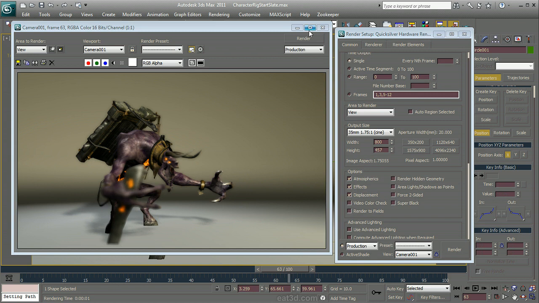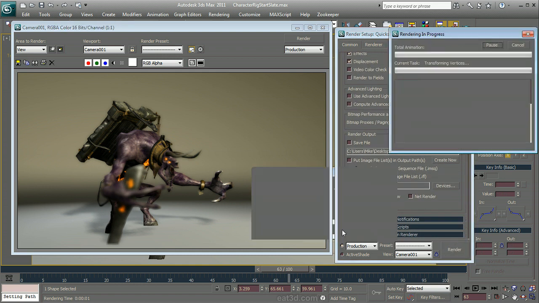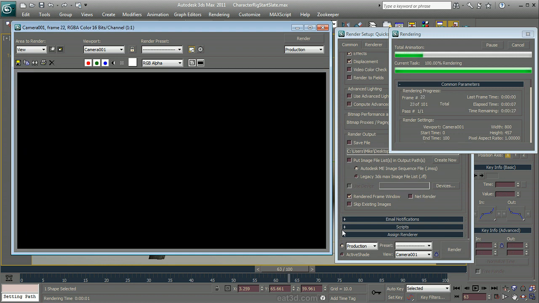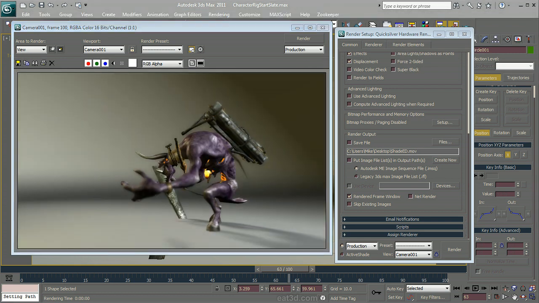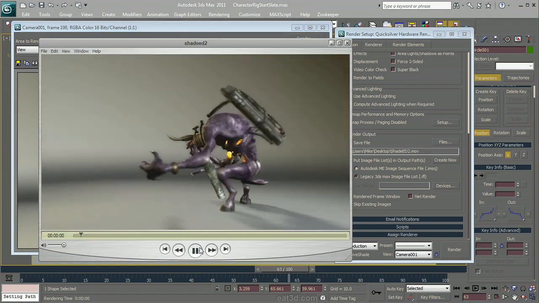And we can take this and render it out as well. So we'll go in here and say our range, and we'll just render this out again. We'll save over what we already had. And even with the depth of field, this doesn't really render that much slower. So you got some nice depth of field effects as well as your shadows and all of those things happening here, which work pretty well. All right, so there, without me talking over it, we actually even reduced the frame time to 30 seconds for the entire thing with depth of field. We'll just pop up this video, and you can see we got some nice depth of field happening in there